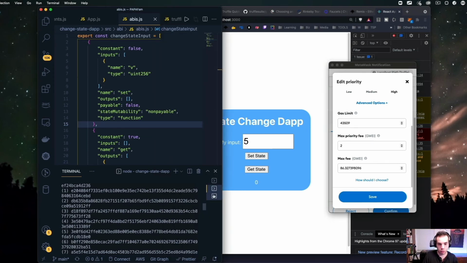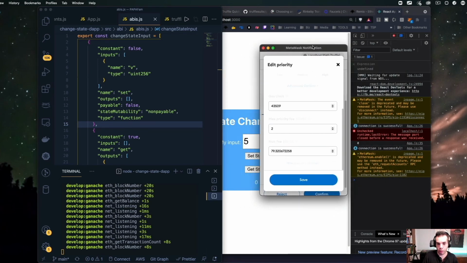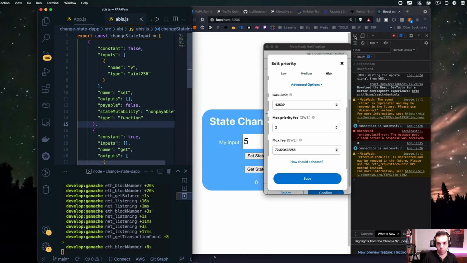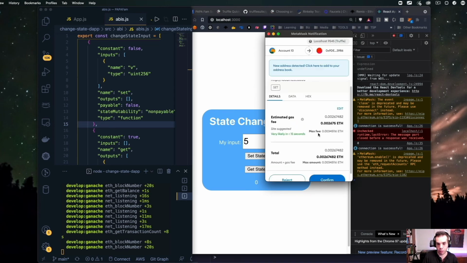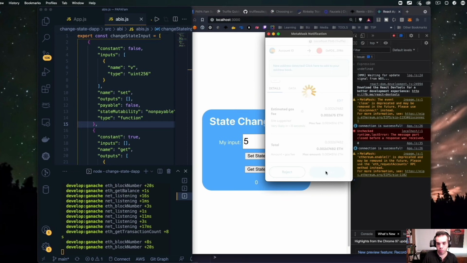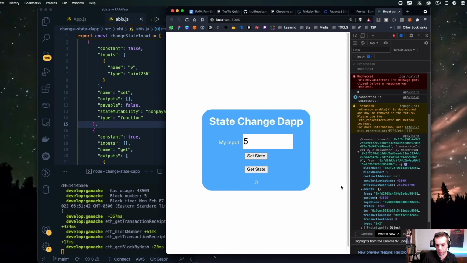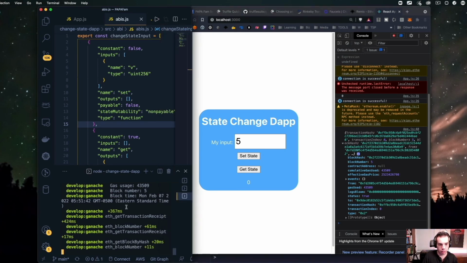And I'm going to go back here to the blockchain developer console so that we can see. As we are developing with this, I'm just going to move that a little bit out. As we're writing to the blockchain, this should come up as a transaction. I'm just going to make it high to make it go a little bit faster. As soon as I confirm it, if this all goes through, which it looks like it did, it's going to come up as a transaction, and then it's going to give a whole bunch of information about what actually just happened. So that's what I have in the console as the output, and it looks like it all happened.